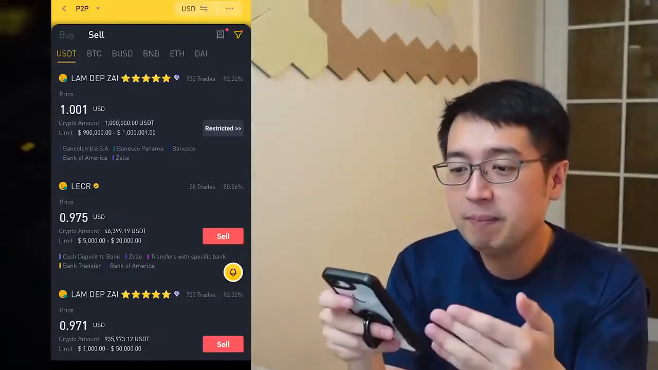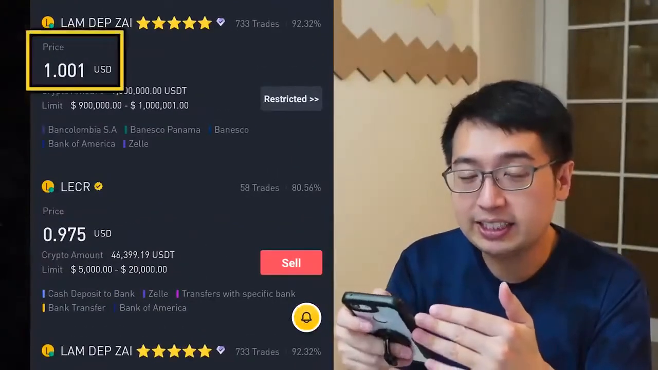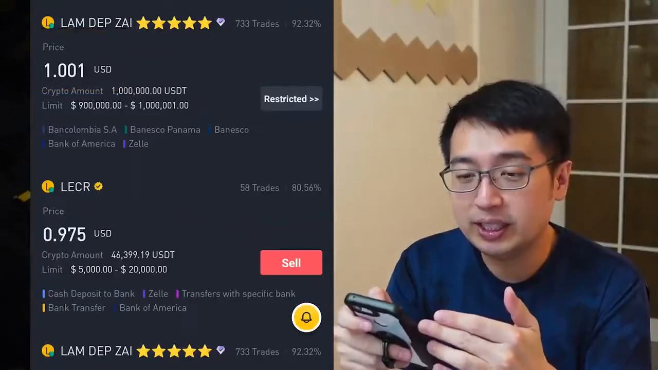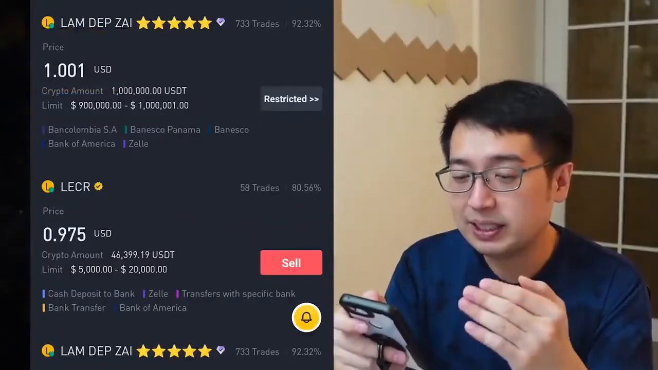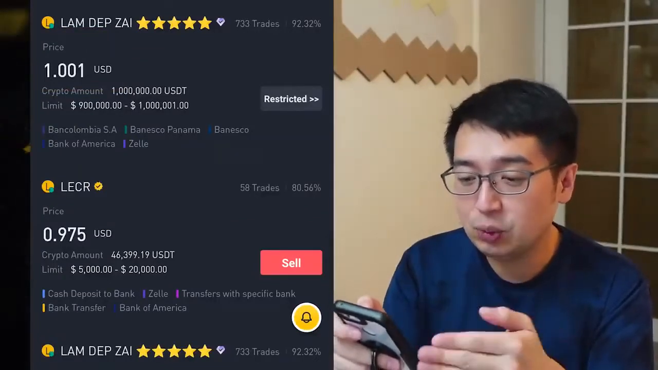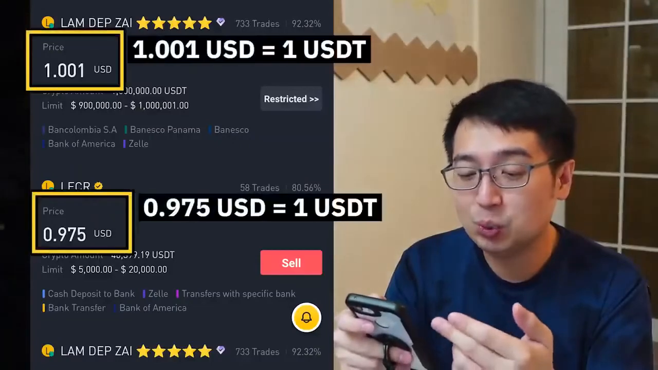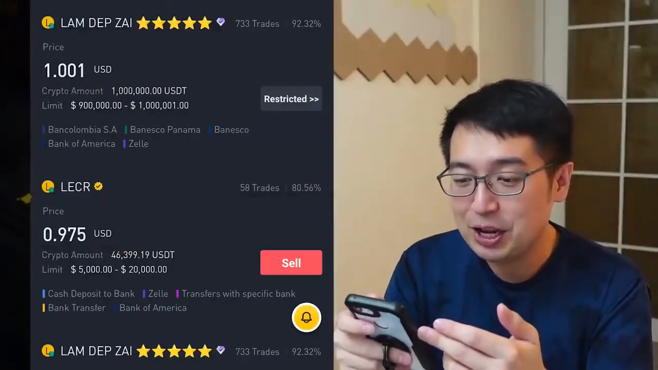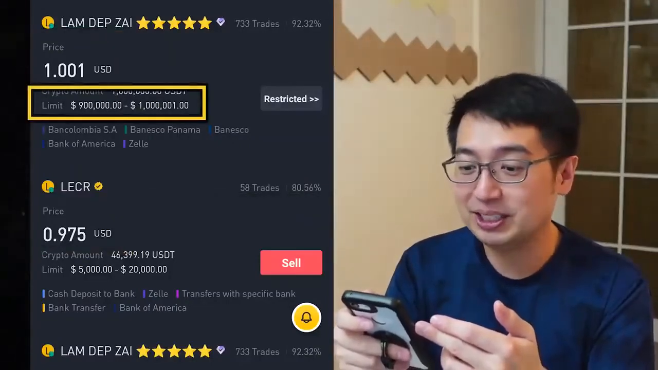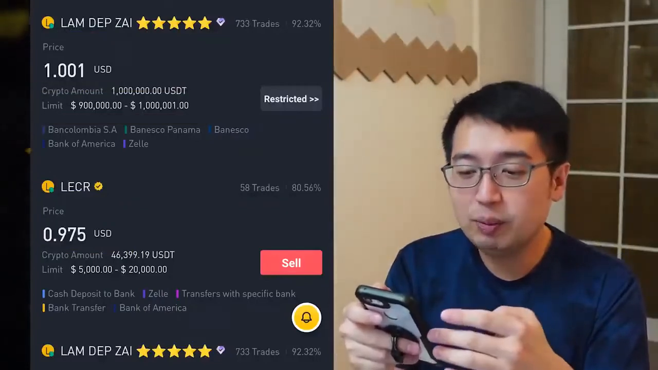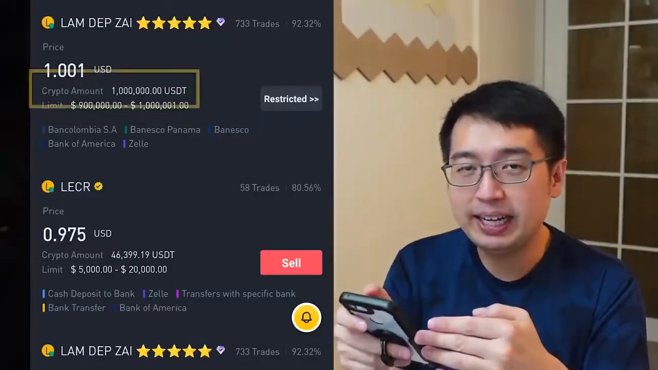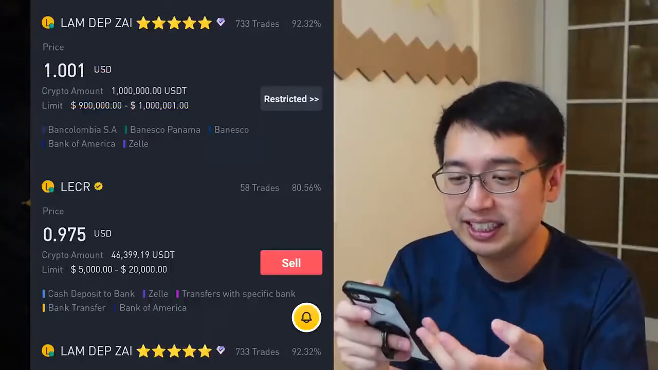So first off, we have the price. That is how much we're going to get per USDT that we're going to sell. I'm going to be selling USDT for the US dollar. And it's pretty much one-to-one for this first person, but the limits are high. So you can see that the crypto amount that they have available for buying is 1 million USDT, and the